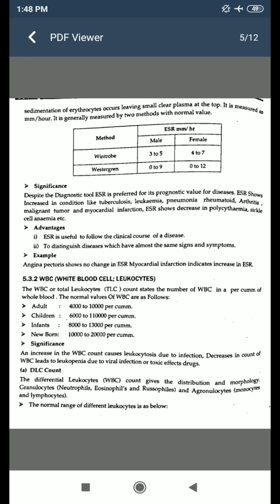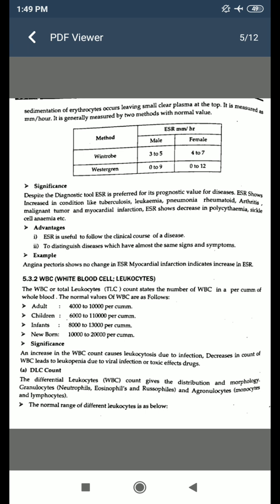It is generally measured by two methods with normal values. First method is Wintrobe and second is Westergren. In Wintrobe, male 3 to 5 and female 4 to 7 ESR mm per hour. Then Westergren, male 0 to 9 and female 0 to 12. Okay, then significance of